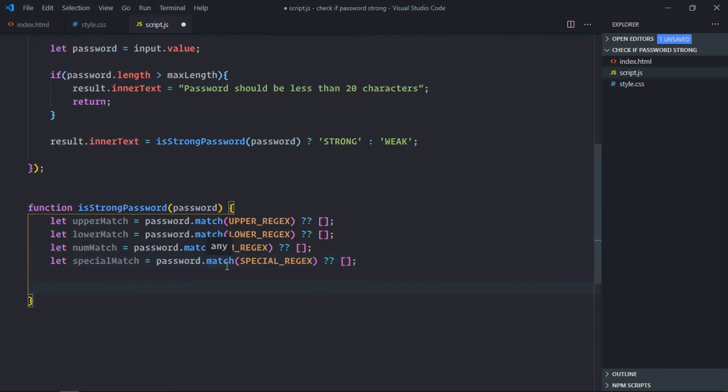So the first comparison will be about the minimum length. So password.length should be greater than or equal to min length. Then we'll go and check for the upper match length, because we want it to contain at least 3 characters, which should be in uppercase.